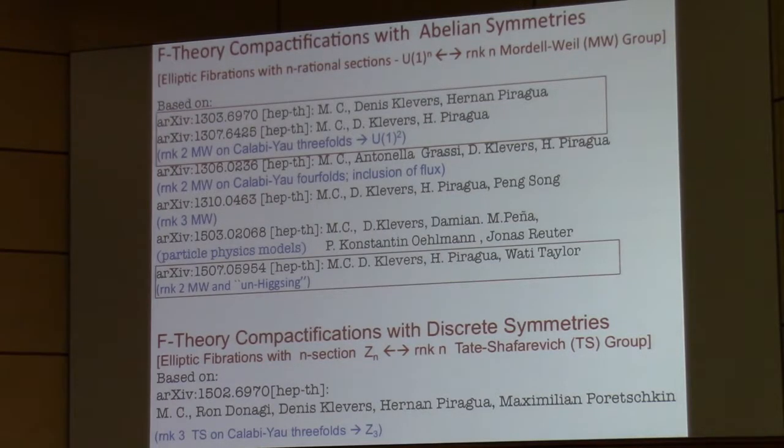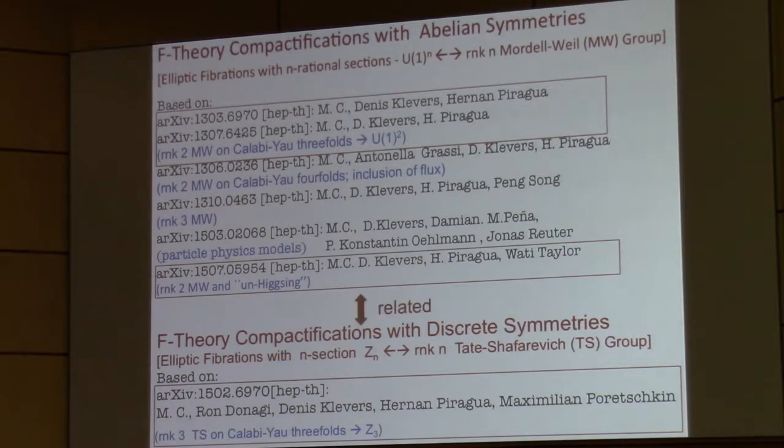So in terms of highlights, as I said, on the abelian gauge symmetry side, I'm going to highlight just a few points about rank 2 constructions first, particular specific constructions of rank 2, and then generalizing those constructions that allow us also to move rational sections in a moduli space and study non-abelian enhancements of those abelian gauge symmetries in the context of Mordell-Weil rank 2 construction. Analogously, those two things would turn out to be related, both rank 2 Mordell-Weil constructions and rank 3